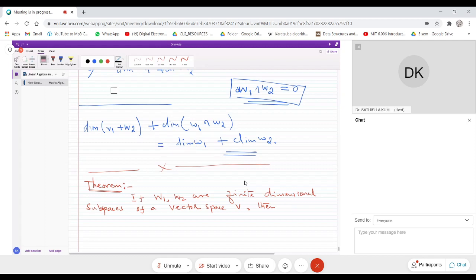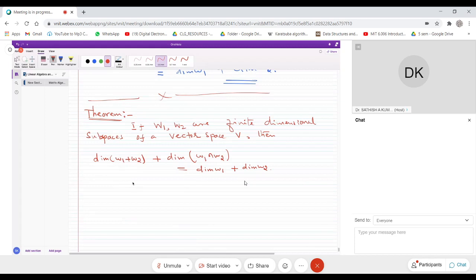Okay, so then we'll write this condition. Dimension of W1 plus W2, sorry, dimension of W1 intersection W2 is the same as dimension of W1 plus dimension of W2. Or this can be separated, this can be subtracted also. So we can write